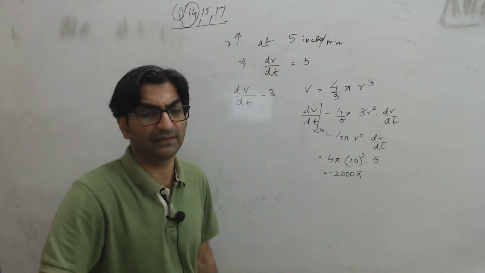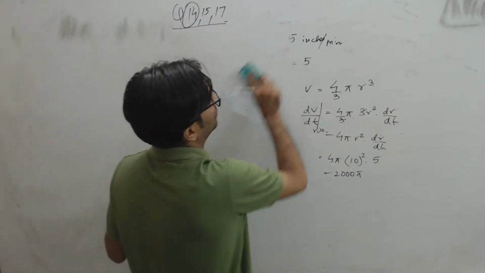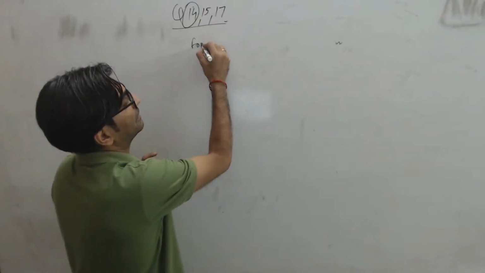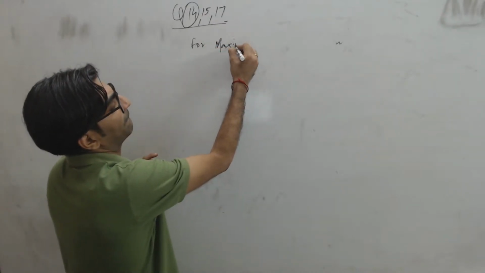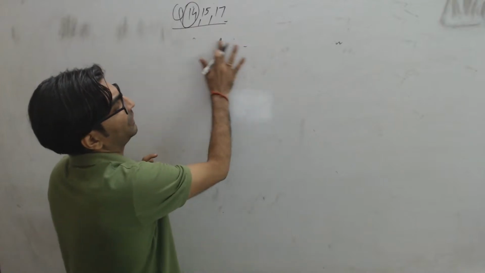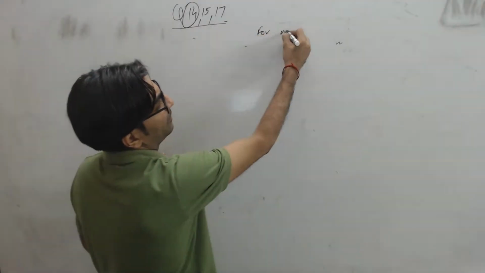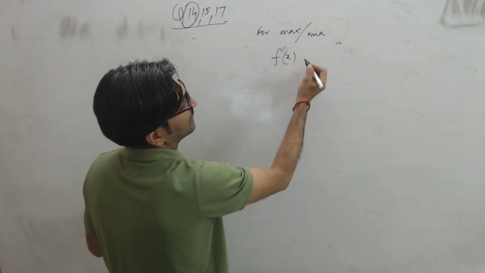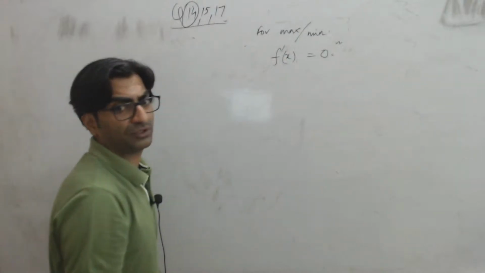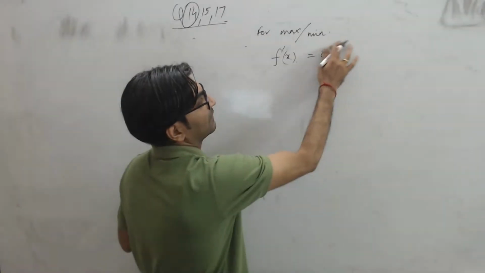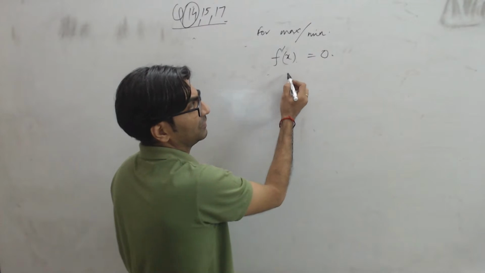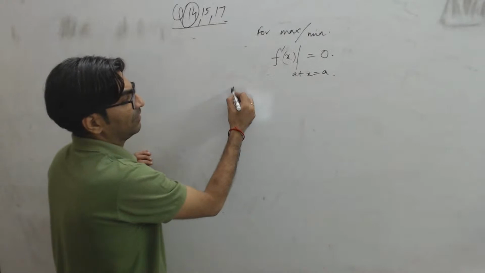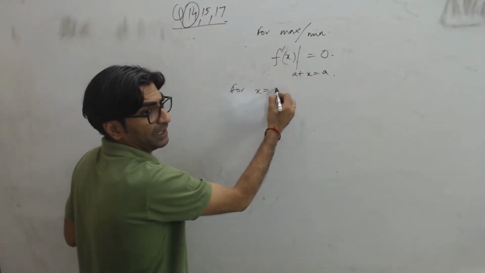Okay, let's move on to 17th. The question asks for a maxima value. Right? A quick recap about maxima. To calculate maxima, right? The first thing you'll do is for max or min, you calculate f dash of x is equal to 0. Put the first derivative equal to 0 and solve it, right? So if let's say this happens at x equal to a, right? Then for x equal to a to be a maxima,